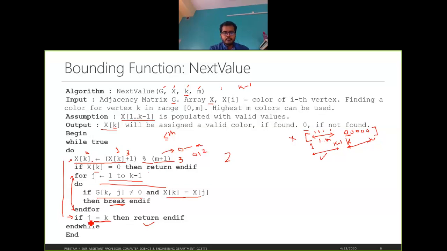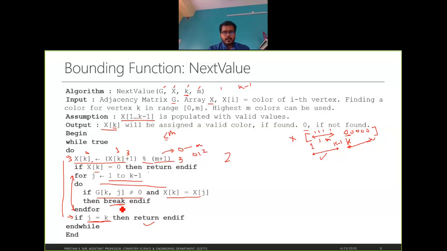It will come to the next iteration and assign the next possible color, that is the plus 1 color. Likewise, with the plus one color, it will again check whether this is a valid color, whether none of its previously assigned adjacent vertices have the same color. This will be checked in the loop.